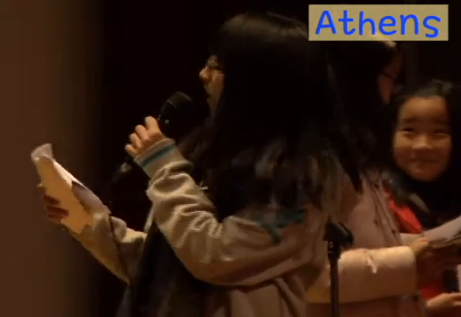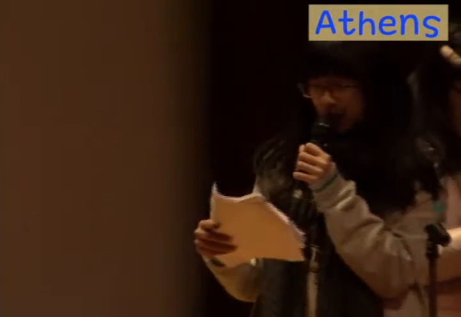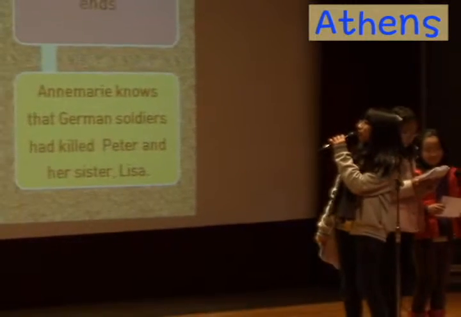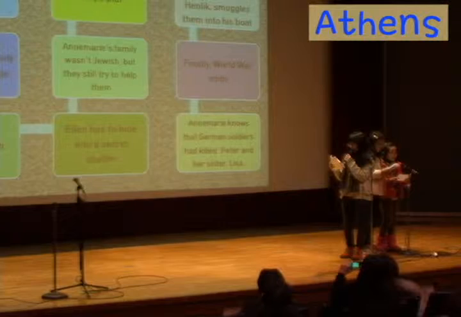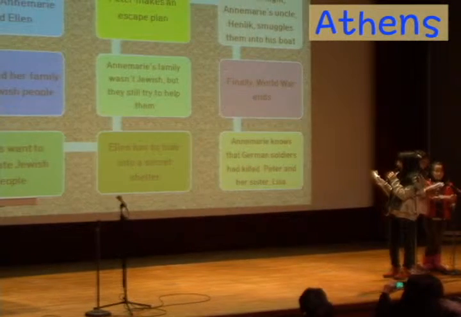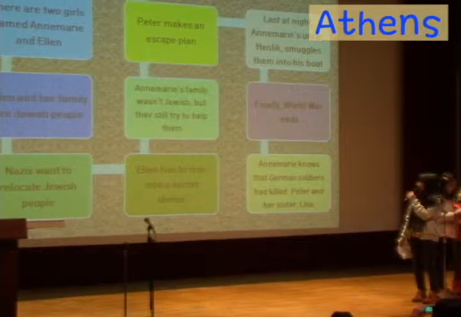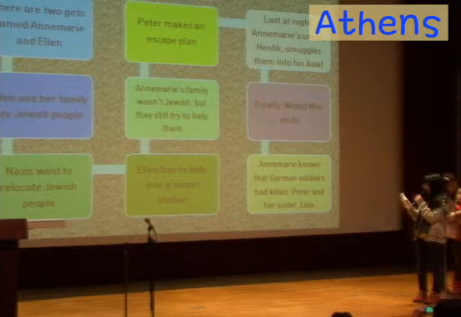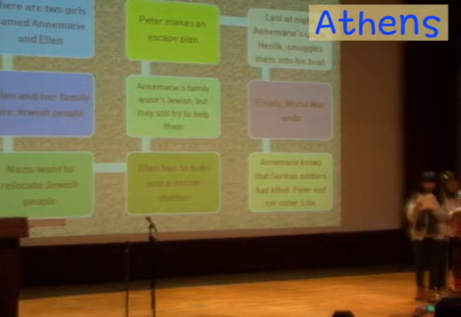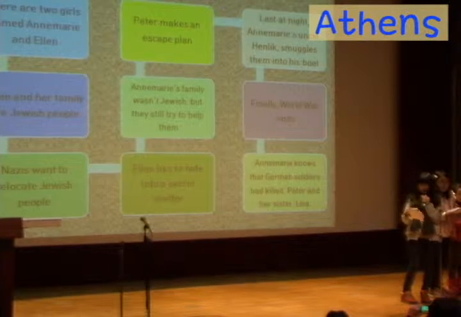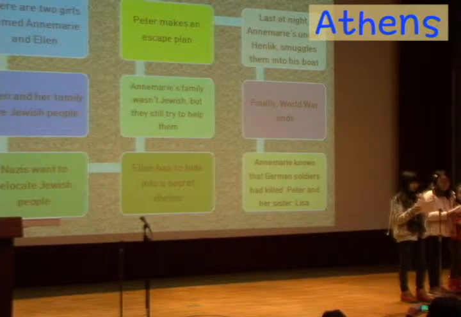This is the story of Number the Stars. First, there are two girls named Anne-Marie and Ellen. And Ellen and her family are Jewish people. But at that time, Nazis wanted to relocate Jewish people. So Ellen has to hide in a secret shelter, and luckily Anne-Marie's family wasn't Jewish, but they still tried to